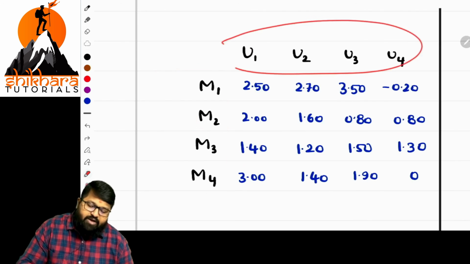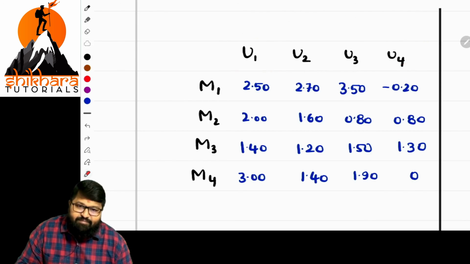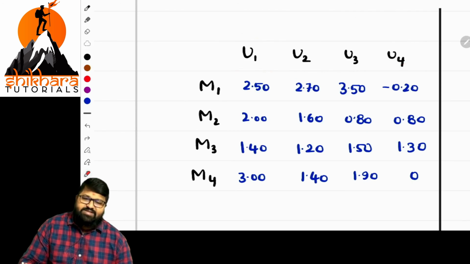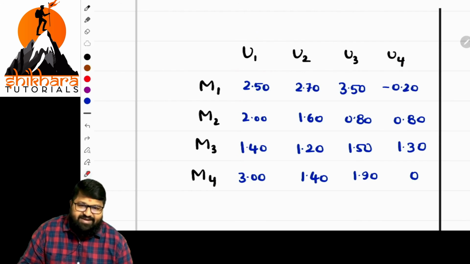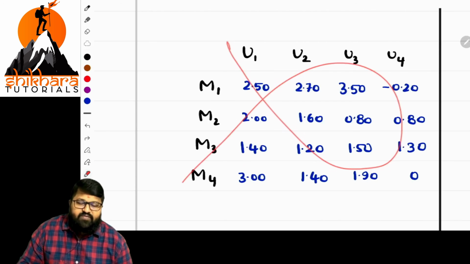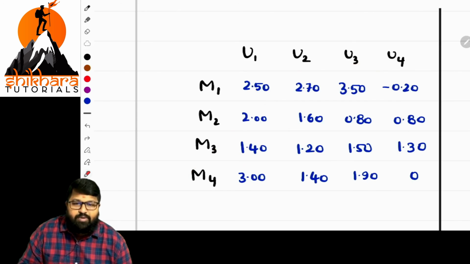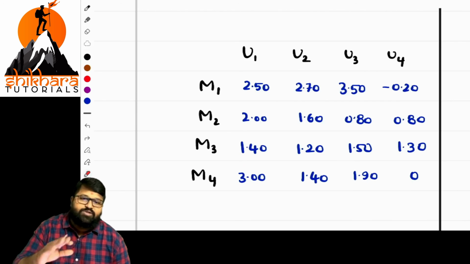And the column part will always be the minimizing player's point of view, that is, minimizing losses. Here, management will never maximize the pay; they will try to reduce the pay. So this pattern is wrong. We have to change them and arrange them properly. But if such information is not given, straight away you can take the matrix and solve the problem.